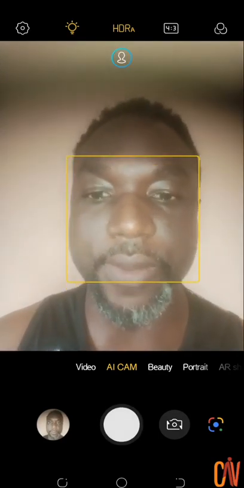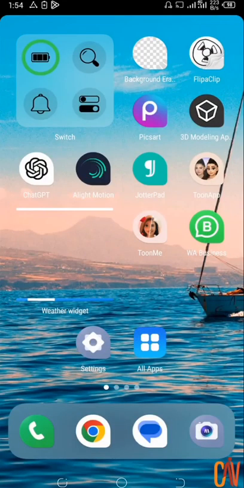So I've captured me now, and let me see how I look. Okay, 1, 2. I've been captured. So I think I like the way I'm looking. So now let's go back. We're going to go back now. Let's go back. So once that is done, we will come to this point where we want to use our